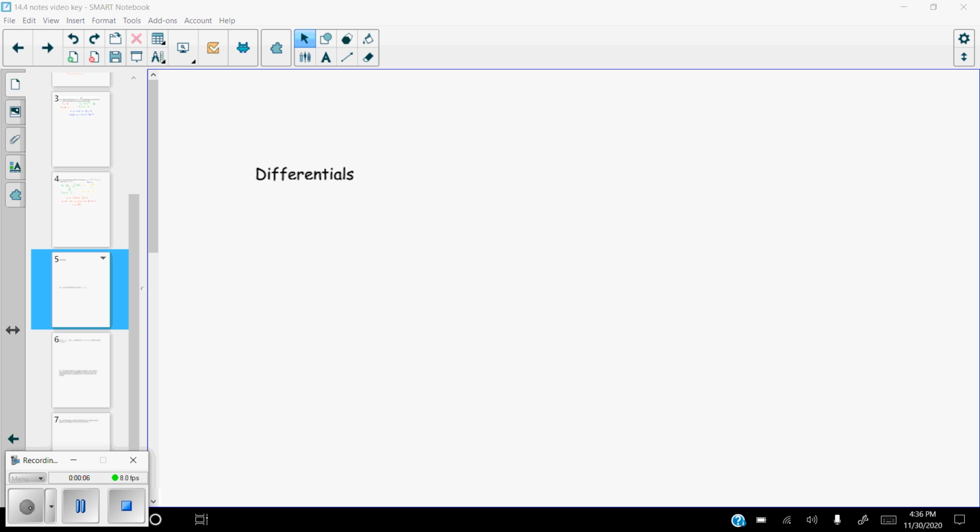So in the last one, we were talking about linear approximations at the end and linearization. So we're going to talk about differentials, which kind of goes with linear approximations and linearization. So let's do a remember or recall